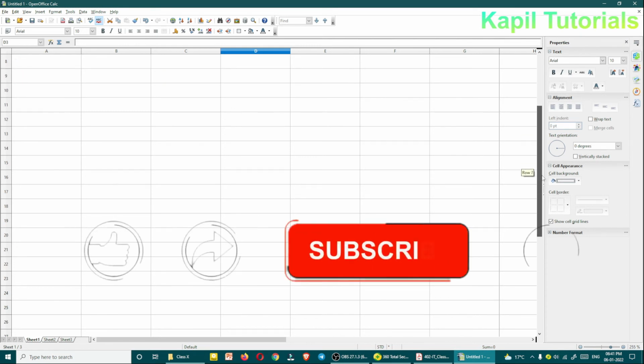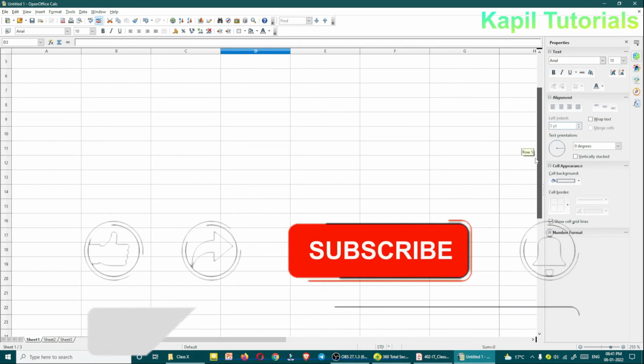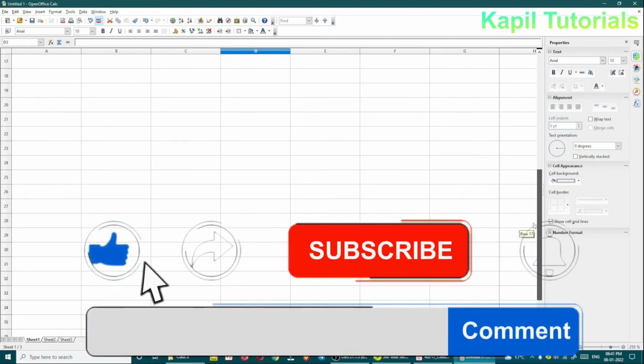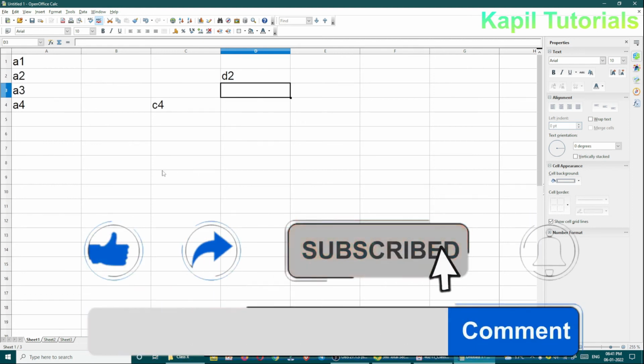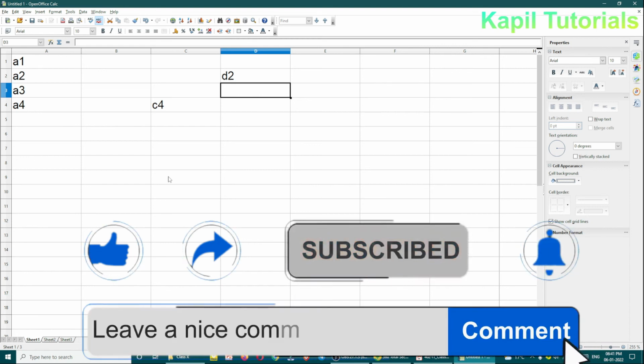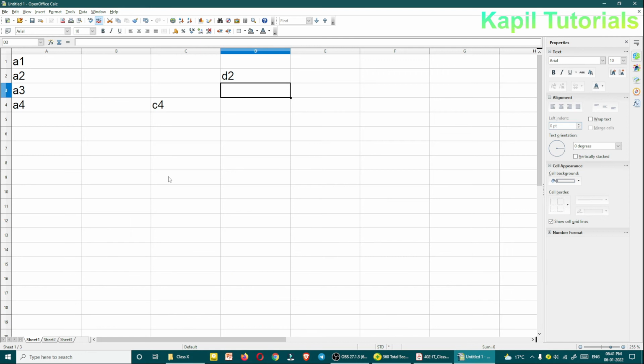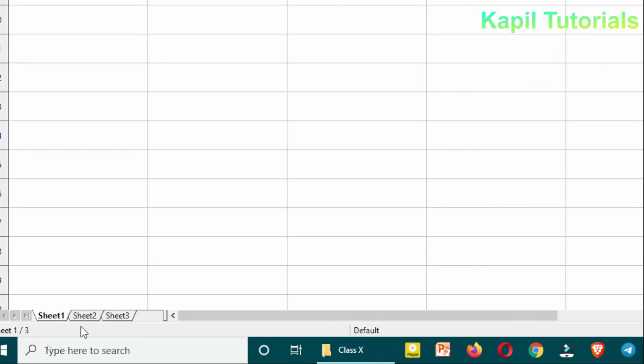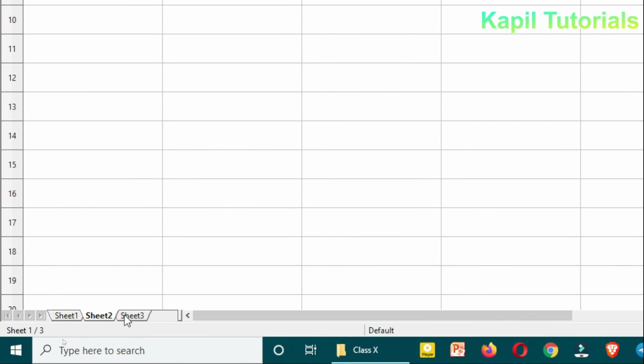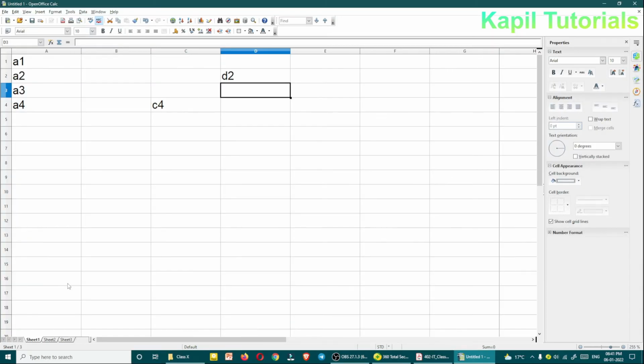So in a spreadsheet you could see different rows and columns, but if you want to take another page, then at the bottom you can click on different sheets like sheet 1, sheet 2, sheet 3. So by default I am working on sheet 1.